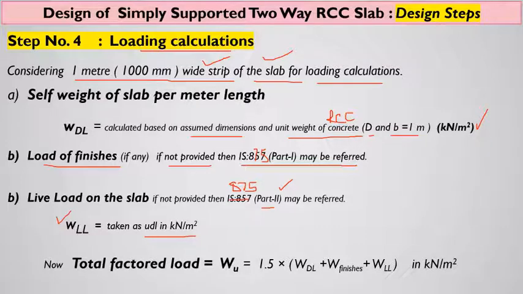So ultimately total factored load we can calculate, that is WU, which will be equal to sum of dead load, that is self weight of the slab, then weight of the finishes, and live load, and we are multiplying it with the